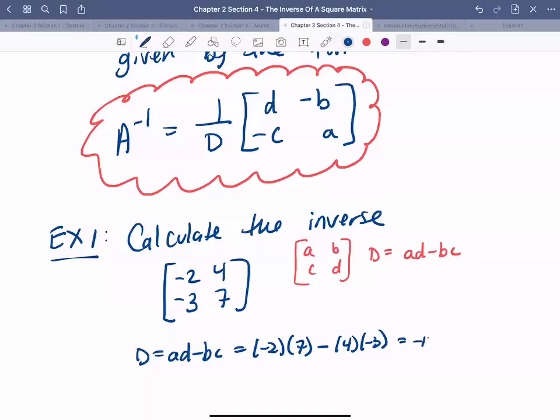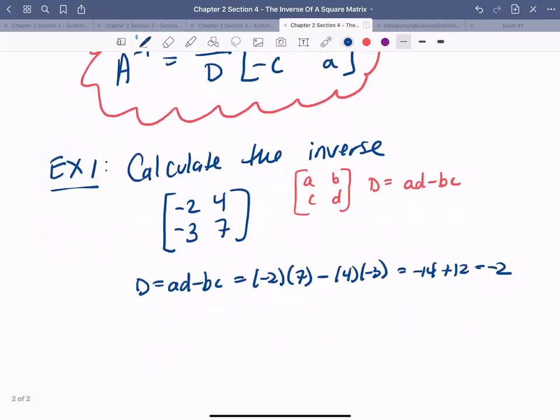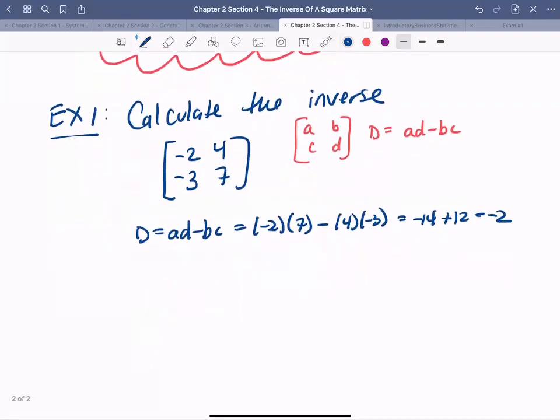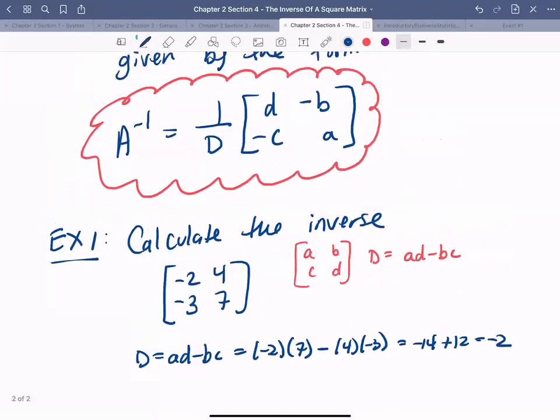Which gives us -14 plus 12, which gives us -2. We know that it's not equal to 0, so we can continue to move on. If it was equal to 0, we would say that you cannot find the inverse. So we keep moving, and we say, all right, well, if we go based off our definition here,